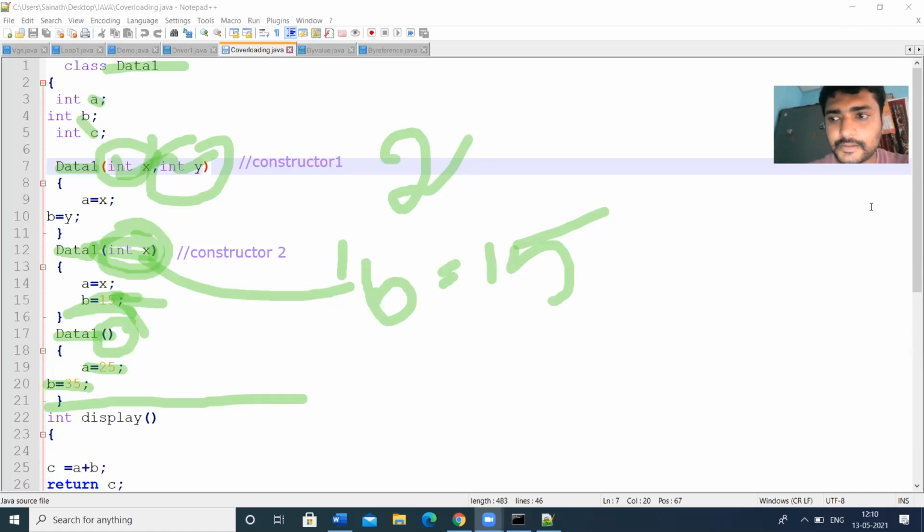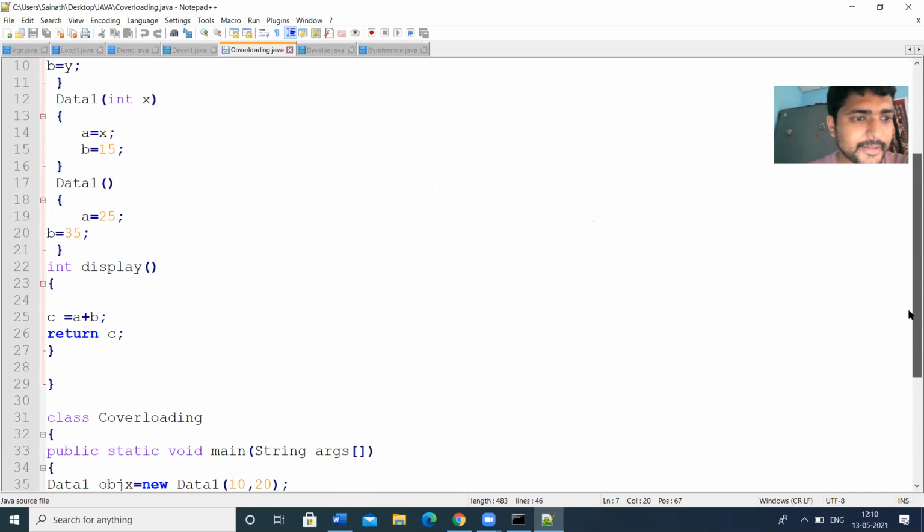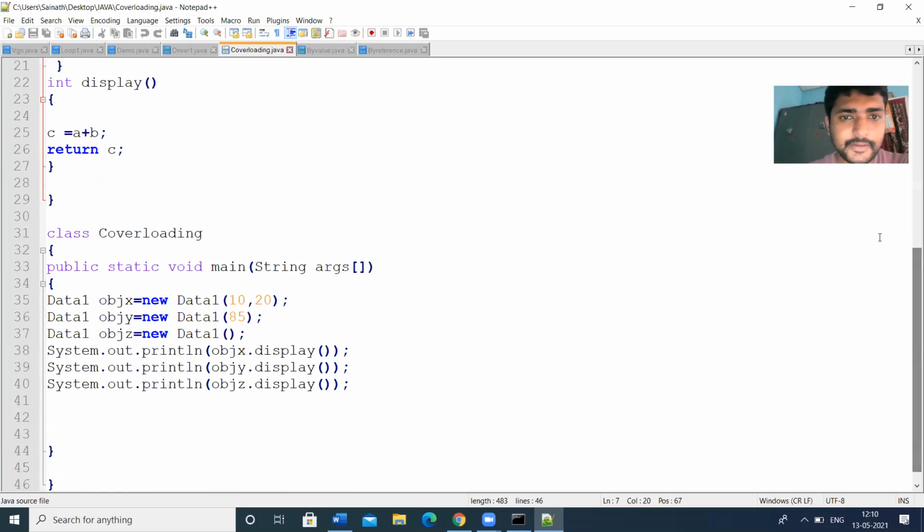And then next, I think, is the display method. So he's defining the method display. He's going to add the two variables. And then the main class, main method. So he's defining three objects: objx, objy, objz.